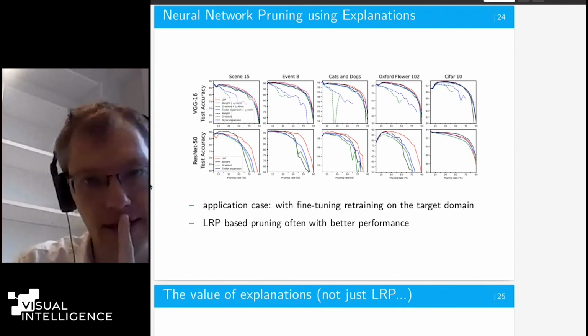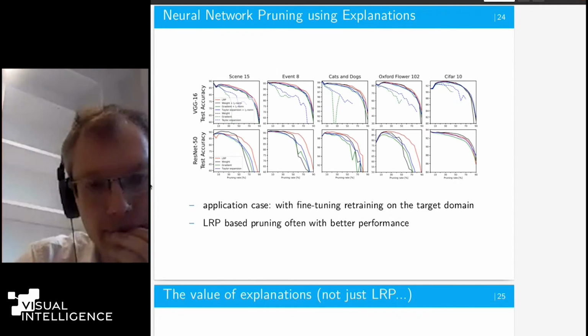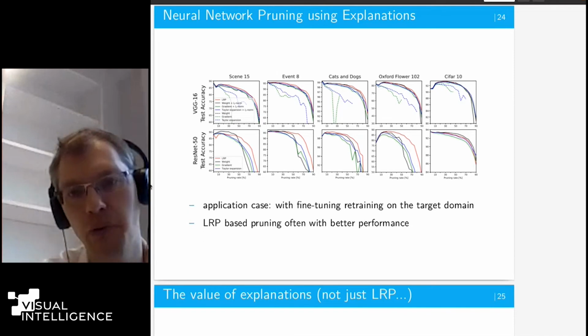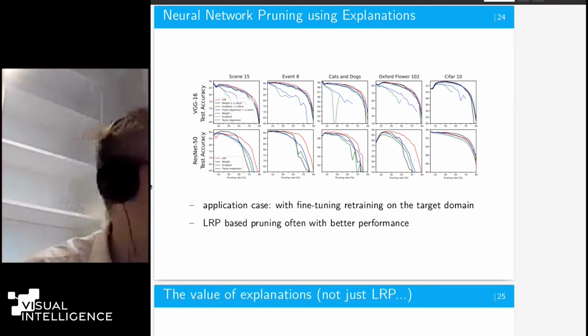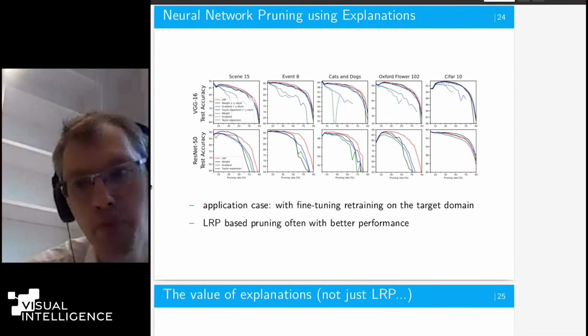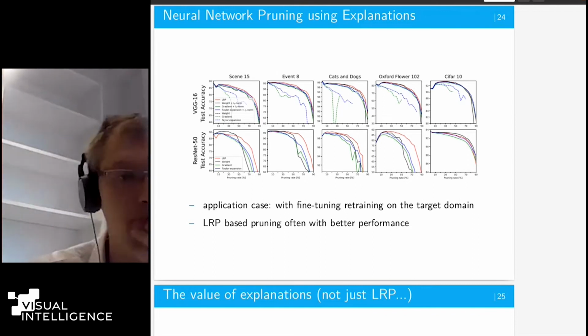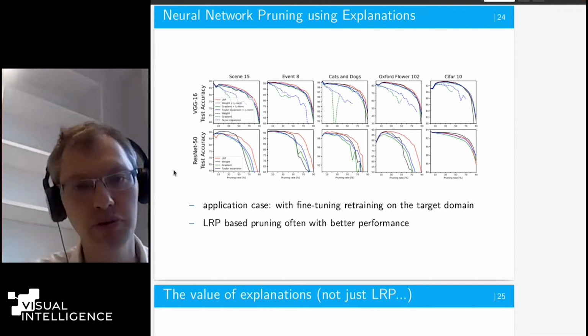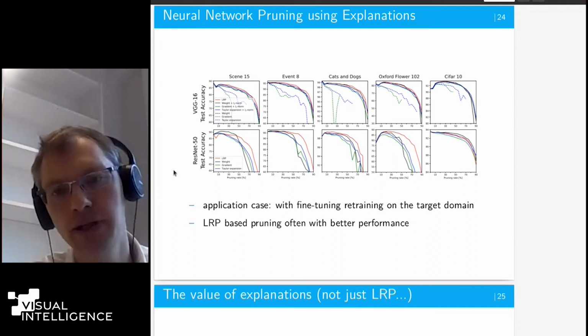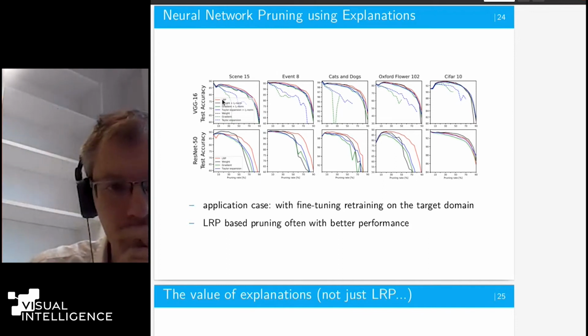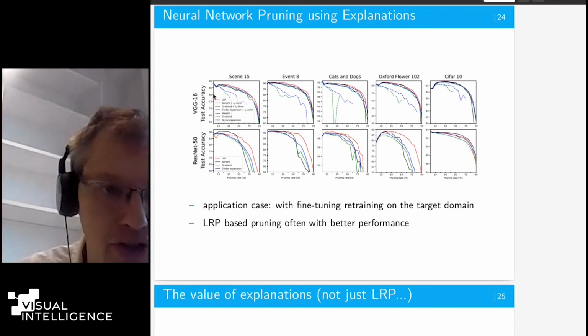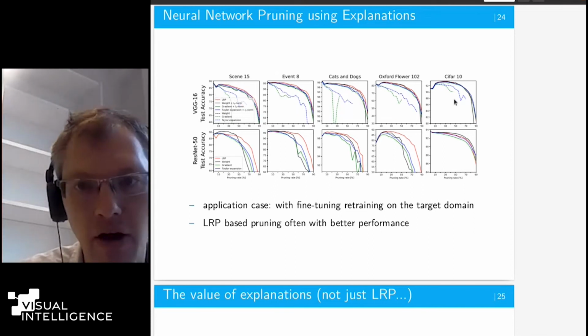But last use case for this one particular part, I want to now prune a neural network with retraining. This is when you have in your target domain maybe more than just 2 times 10 samples, but maybe hundreds of samples. So I can prune and I can fine-tune, retrain to heal damages. Again, we see here results on the VGG16 and the ResNet 50 on 5 different data sets.